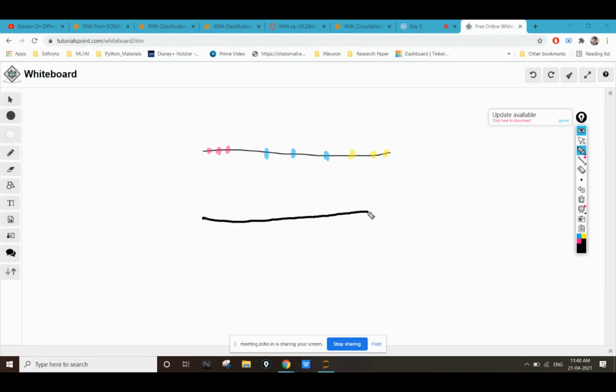In the previous case we knew the categories, but now we don't, so we are just going to plot these points as black dots.